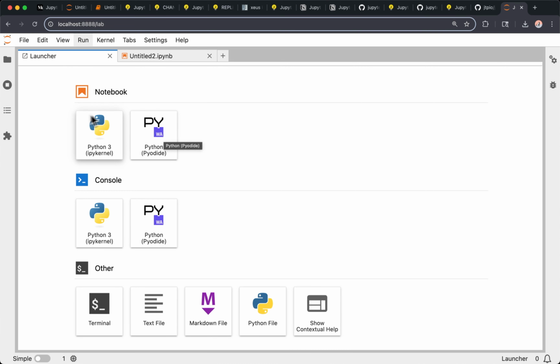And one of them runs on the server and the other one runs in the browser. So the use case here is, sometimes in some companies or places where it takes time to start a new kernel, you may not want to wait too long to start doing some useful things.